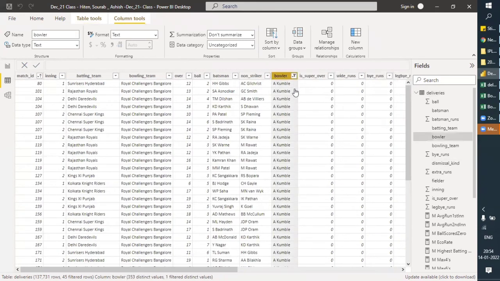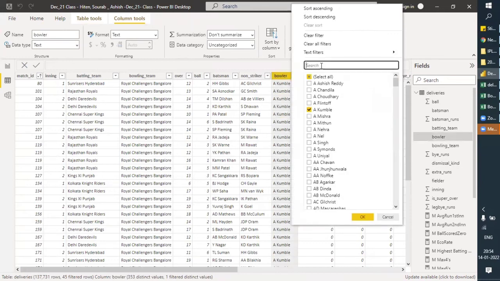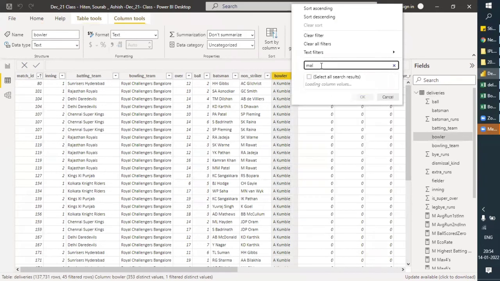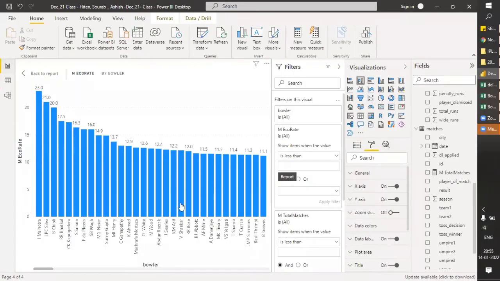And if I take Malhotra here, oh sorry, that bowler I just forgot.